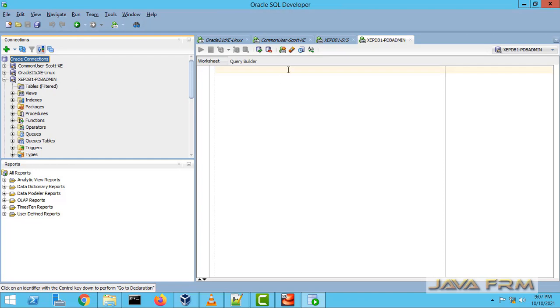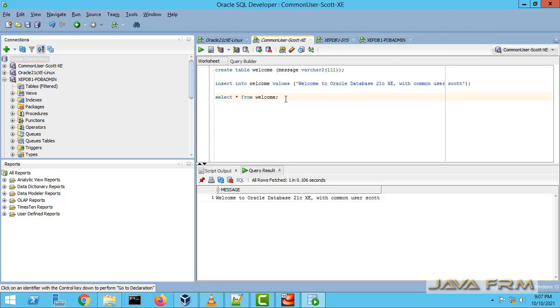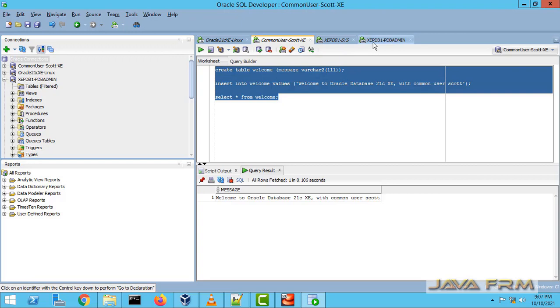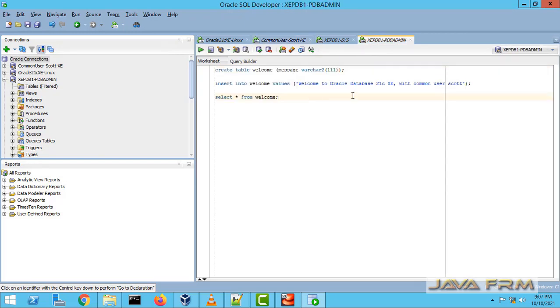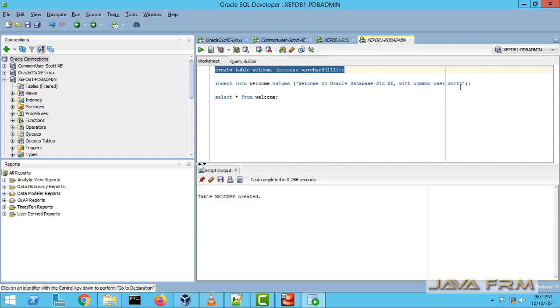Now I am going to create one table. So I am copying this query here and pasting. Yes, table is created. I am just modifying this line.